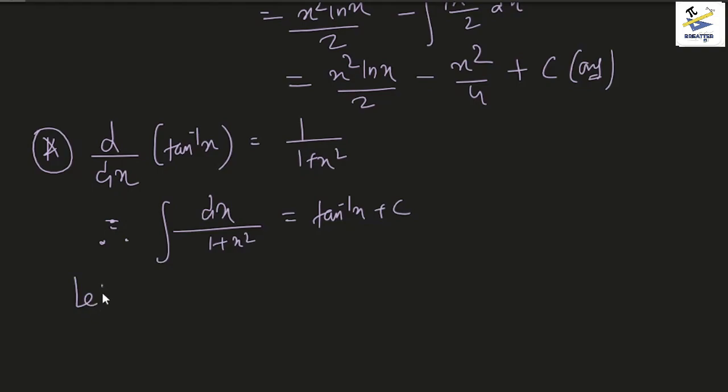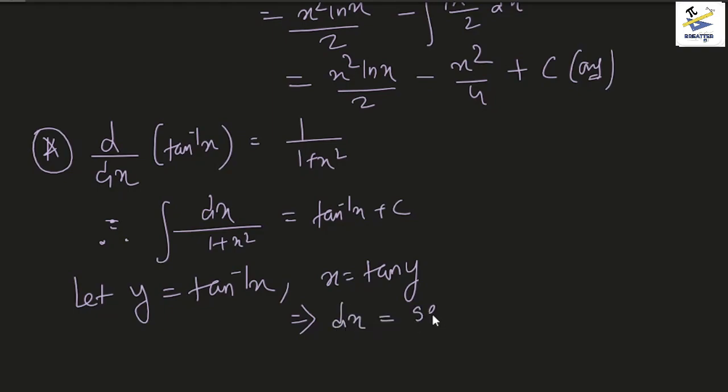Okay, so let y equal tan inverse of x, then what we see is x should be equal to tan of y, right? And what we are trying to find is dy by dx, so let us see how to find that. The derivative of tan y is sec square y, if you remember it from the derivative section. So differentiating both sides, we get dx equals sec square y dy, and sec square y is just 1 plus tan square y dy,